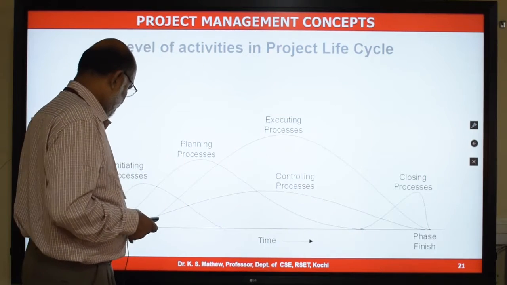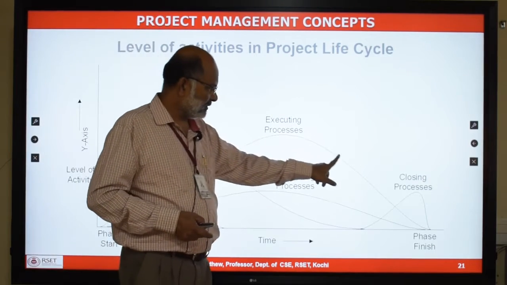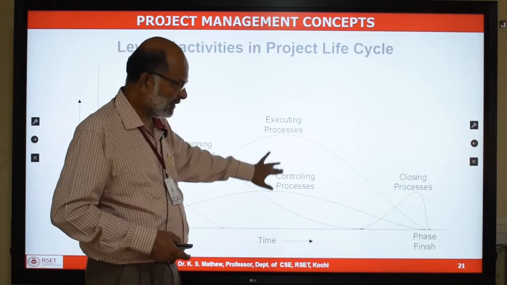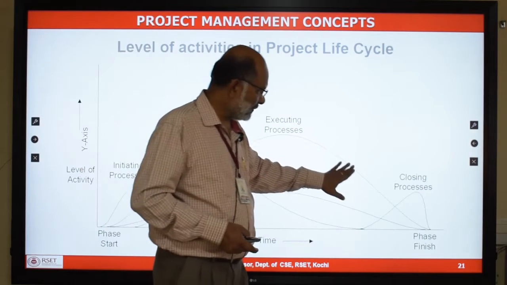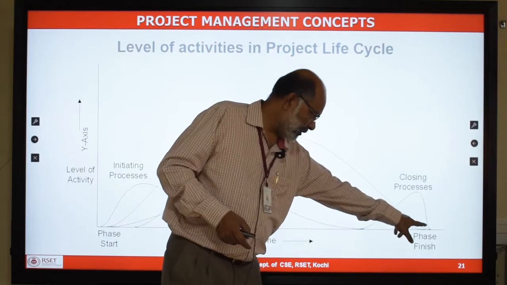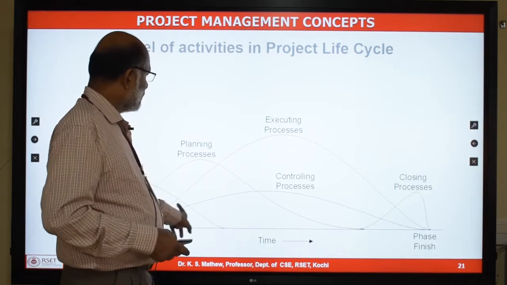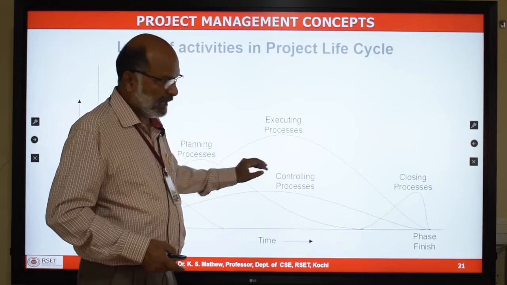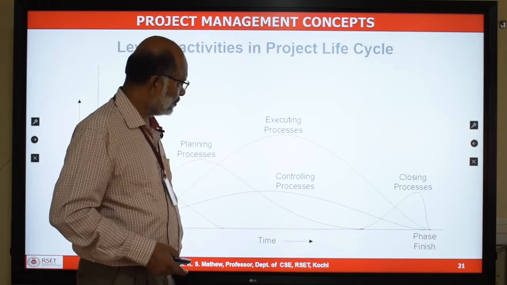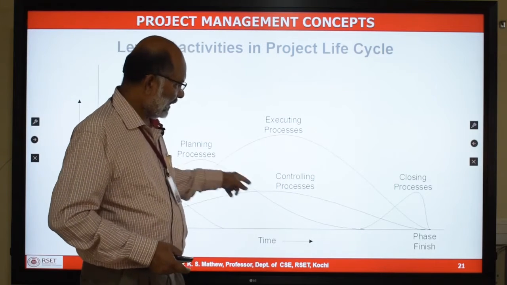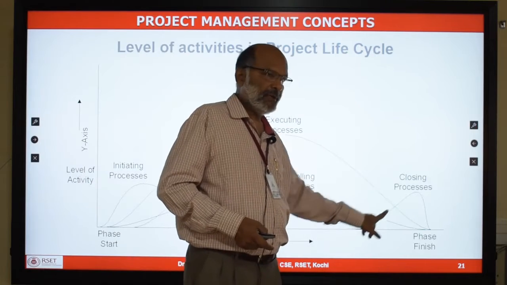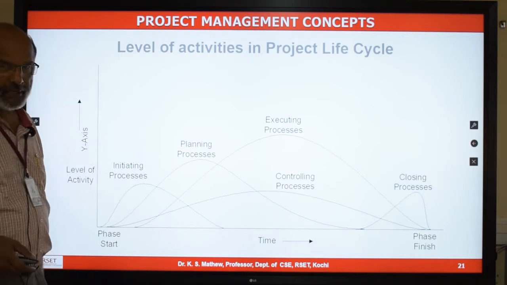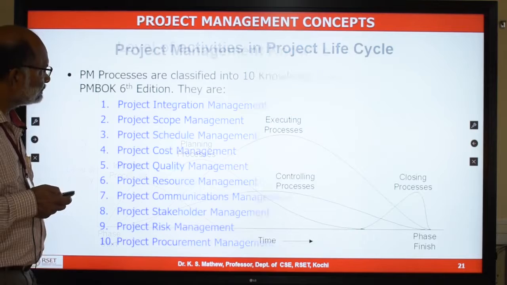And once you start planning, you also start executing processes. You can see the effort is maximum during the construction stage or the development stage, which is in the middle of the project. Then it comes down towards the end, but it continues till the end of the project. Monitoring and controlling processes also happen in parallel with the executing processes, collecting data from the executing processes and giving change requests to control them. Then at the end of the project, you can see the closing activity happening. The effort in closing is only at the end of the project. So this is the effort involved in various phases of the project management life cycle.